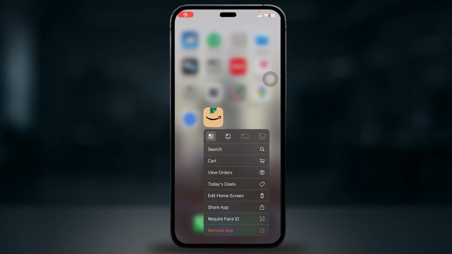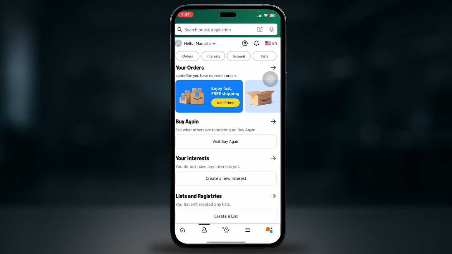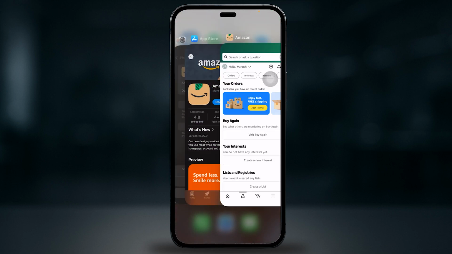Hey everyone, welcome back to another YouTube video, and in this video I'll be showing you guys how to fix Amazon search not loading. First of all, restart the app, swipe up from the bottom of your screen and then